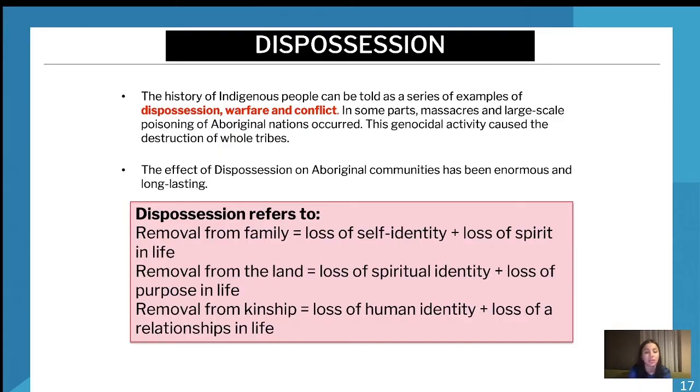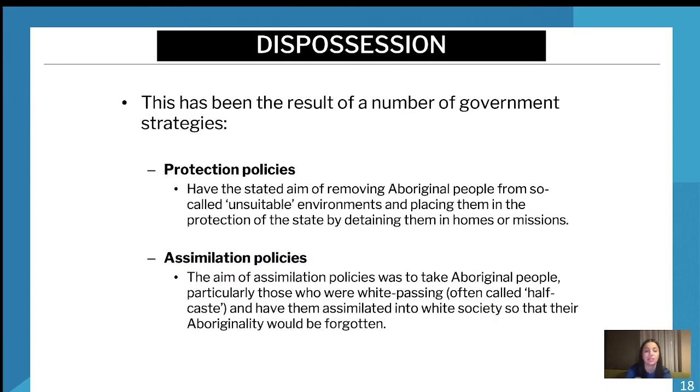So dispossession just led to a complete loss of purpose, of identity, of spirit, and of relationship, which is really the core of who we all are, which is why we study it. And I think that when we talk about the inextricable connection, we've got loss of self identity, spiritual identity, and human identity. So it completely stripped them of their identity by removing them from their land, and from their family and from their kinship. That's just another really important point to note, and being able to distinguish that it wasn't just their self identity, it was their human identity, but also their spiritual identity and those facets and dimensions of that.